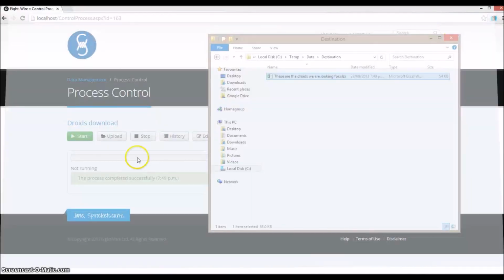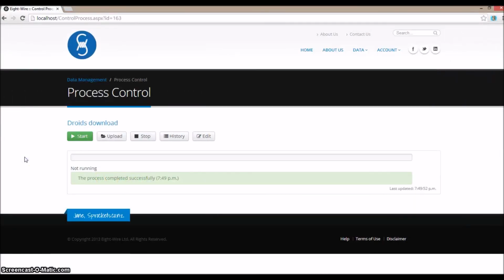Now this is something that doesn't need to be done here entirely. We can schedule this to occur daily, weekly, monthly, hourly, whenever it's needed. We can also do this in between databases. So the process would be the same, where you determine a source database